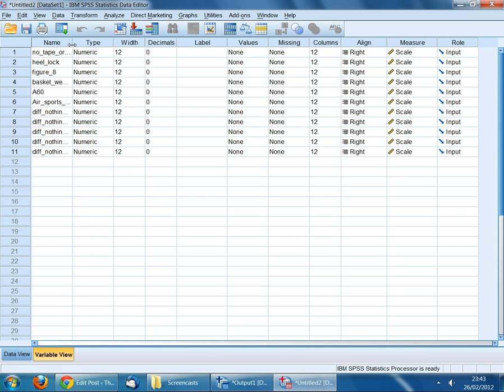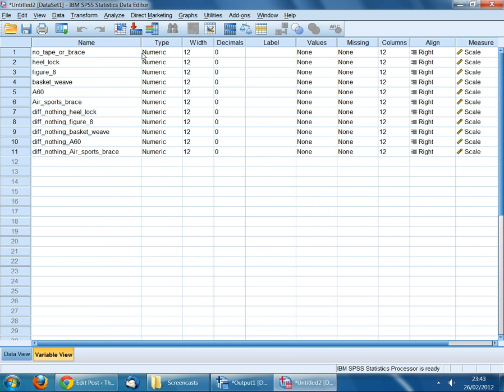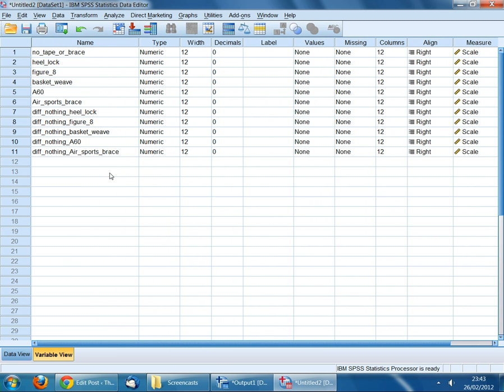Right. So SPSS is slightly confusing. We have two different screens, and later on we will have a third window. At the moment we are in variable view, which you can see at the highlighted tab at the bottom of the screen. And variable view gives you an overview of the columns that you have in your data file. So we have